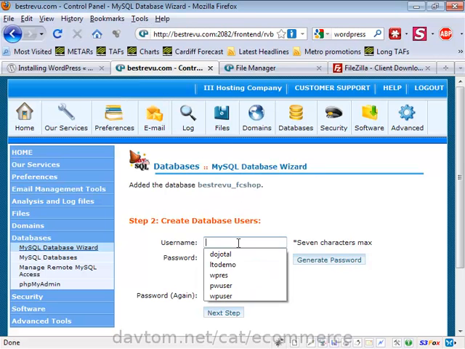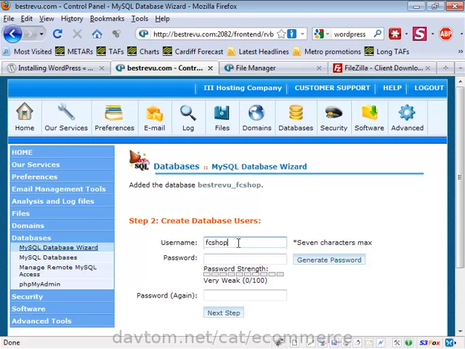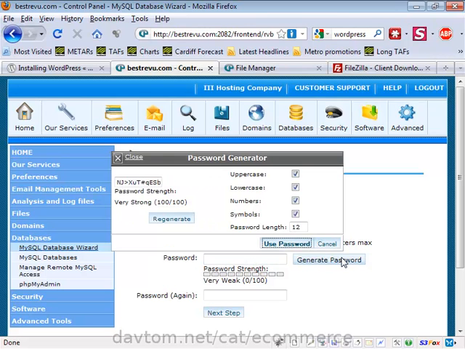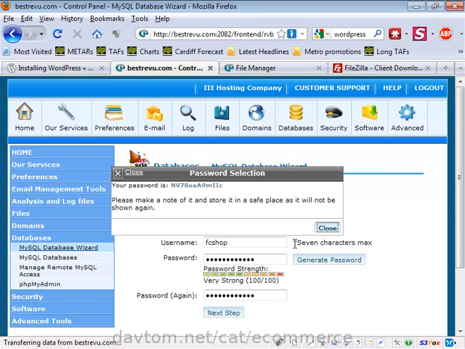I'm going to use the same username. I've got a 7-character limit. FC Shop will be fine. Now for a password, I'll just use the password generator for this, and it'll come up with something random. I'll actually remove the symbols from it, just because it makes things a little bit easier. And I can click on Use Password,